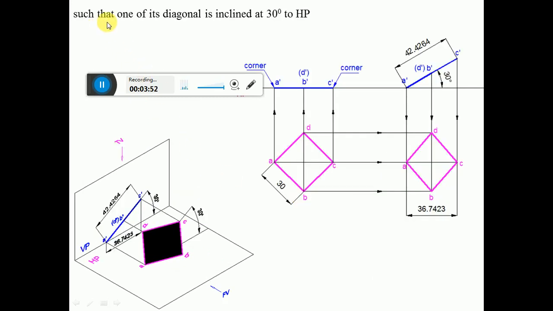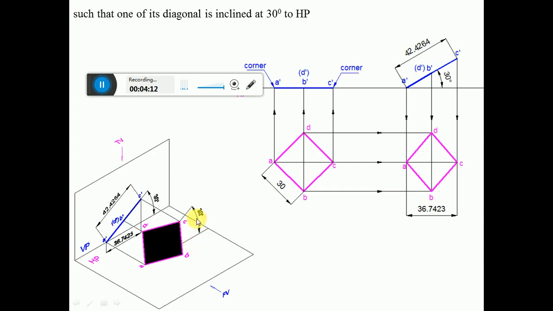Now, such that one of the diagonals is inclined at 30 degrees to HP. So this diagonal has got a true length. That diagonal is inclined to HP at 30 degrees. The inclination with respect to HP is seen in VP. So that line is 42.4264. So here,